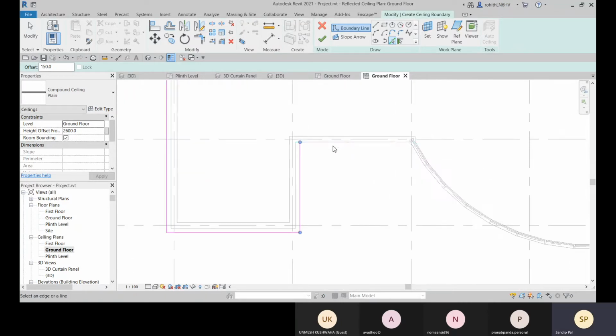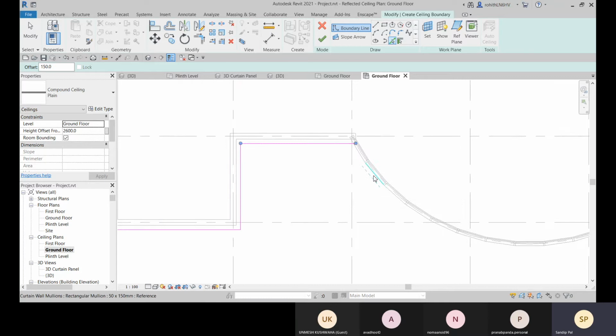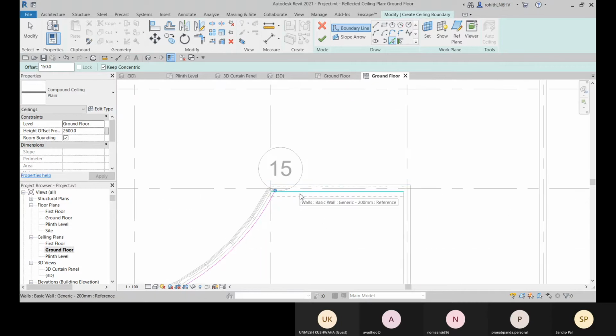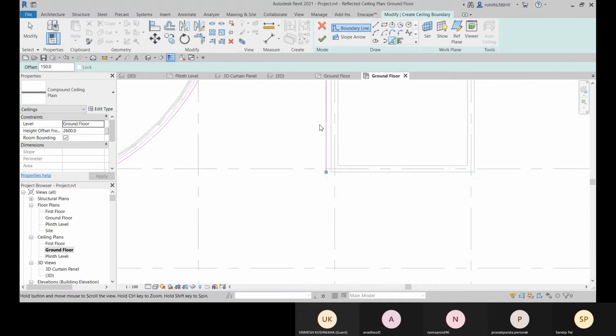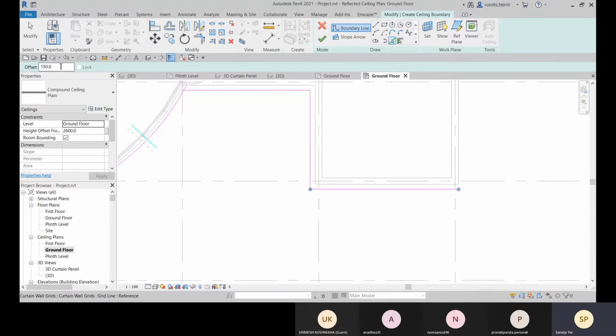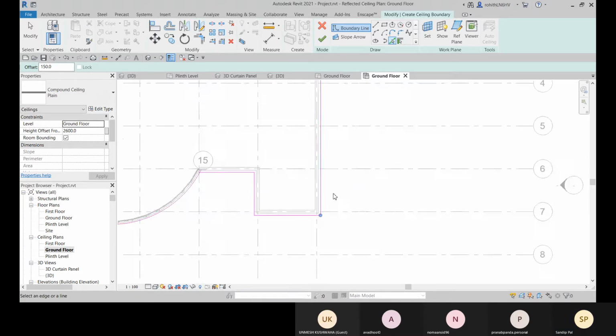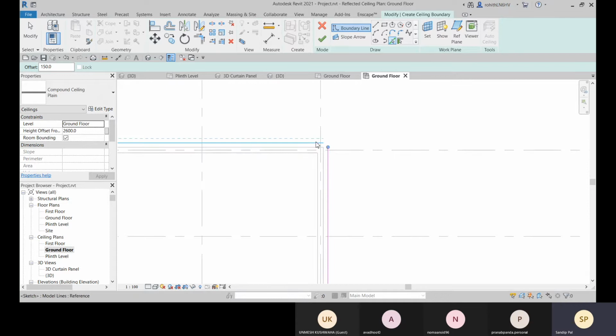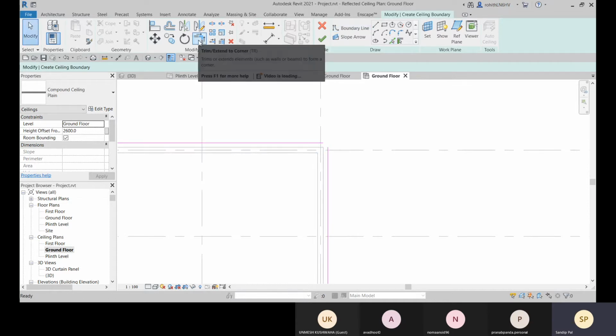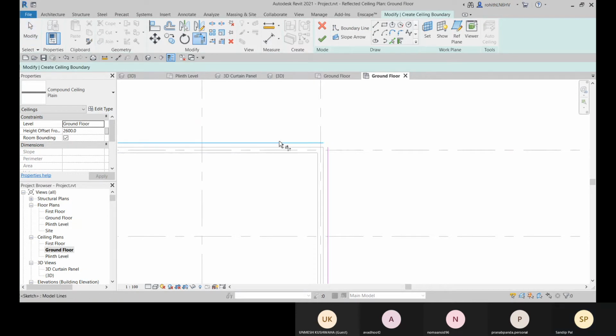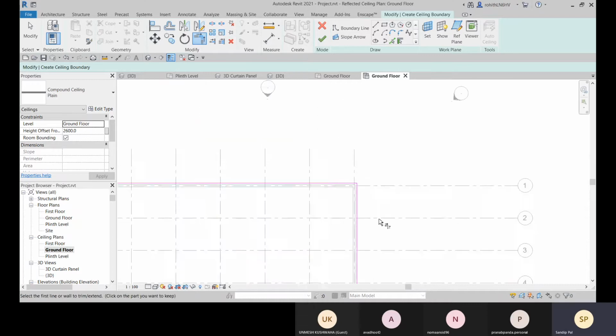You can press tab also to select the chain of lines. So this chain option is selected, so that's why it's connecting. Okay. All right, so now we need to connect this part. For that we have this trim option, trim extend to corner, or the shortcut is TR. So we have to select this, and the portion will be connected.